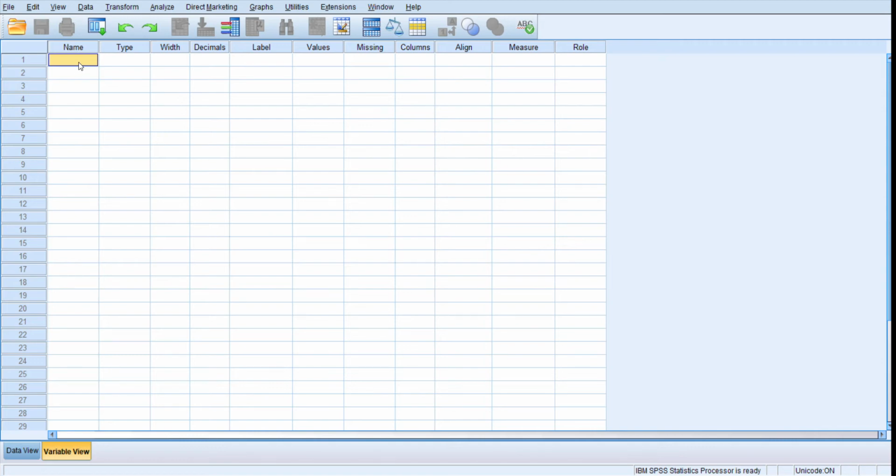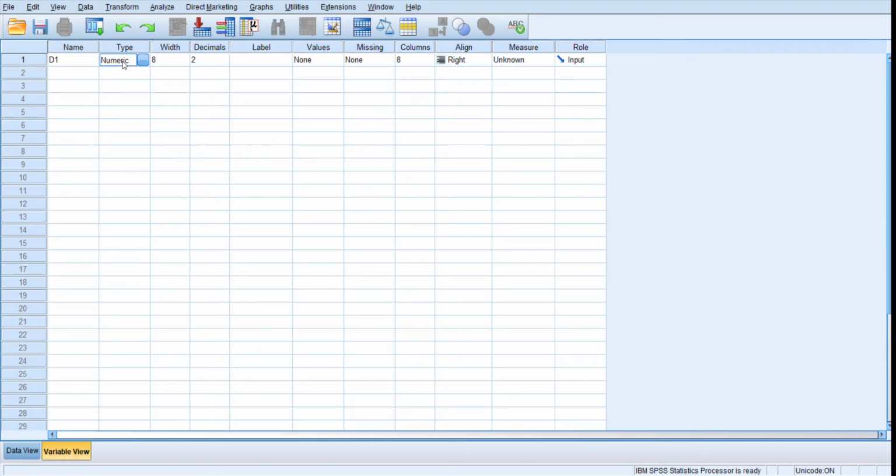Under name, you can give the name in a shorter pattern, or the word that you want to explore in the output that you present, or any sort of coding that you can do. In my point of view, it is better to have the demographic code D1.